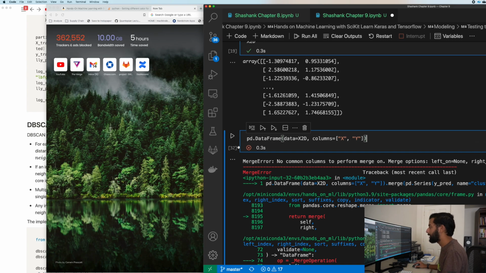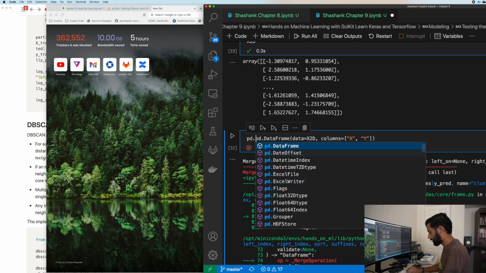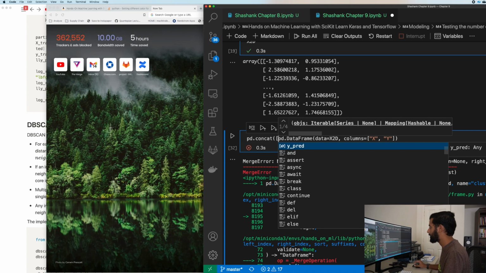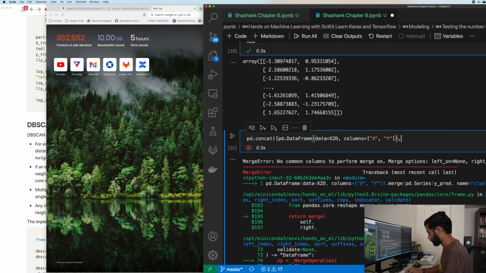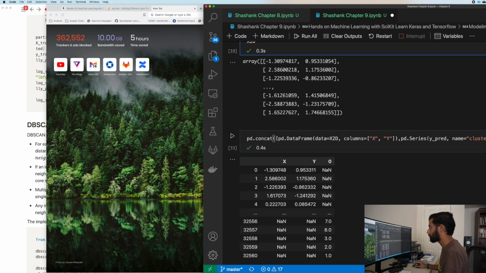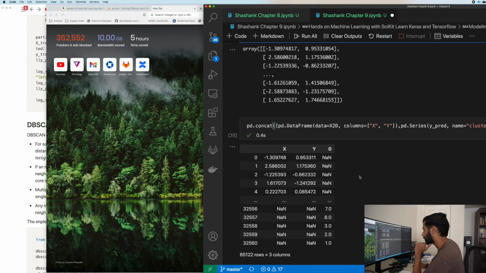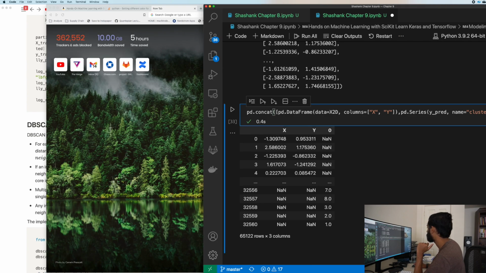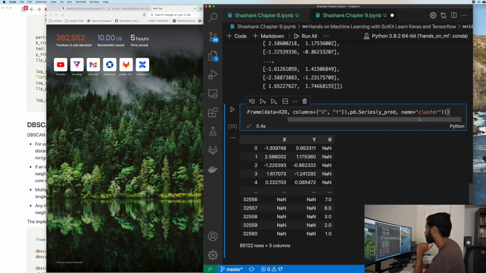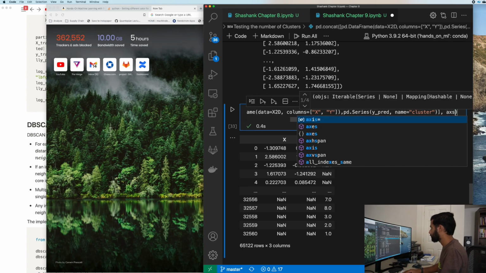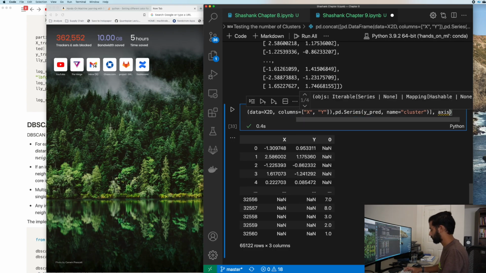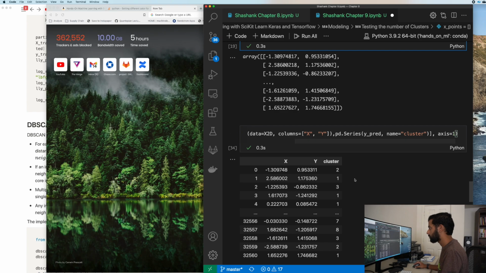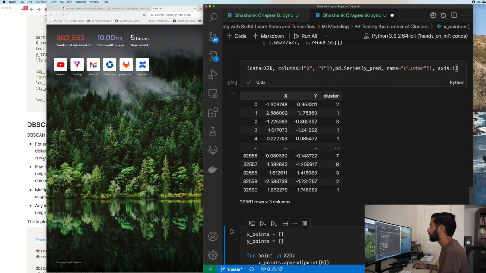Oh, right, I forgot. I need to do it like this. So pd.concat, and then I need to pass in a list of these things. There we go. And then I need to set the axis to something. There we go.